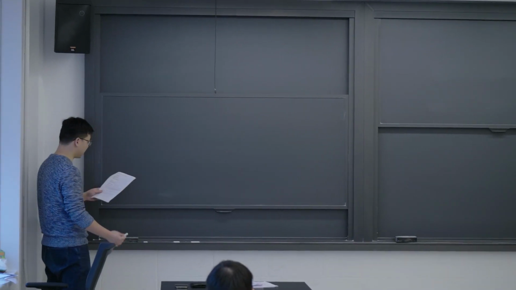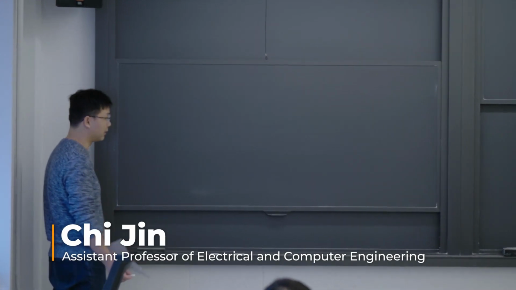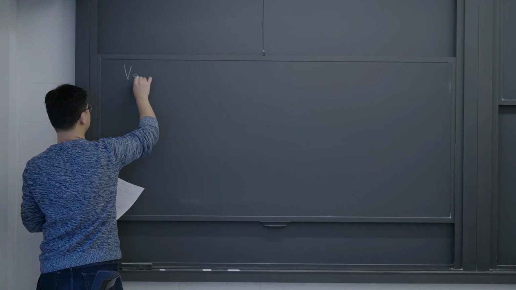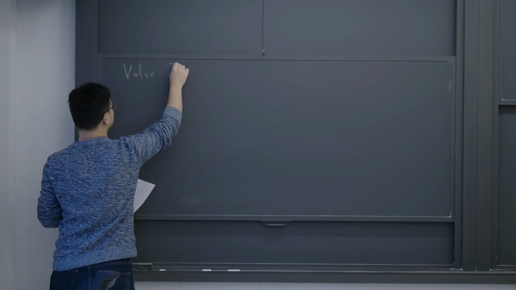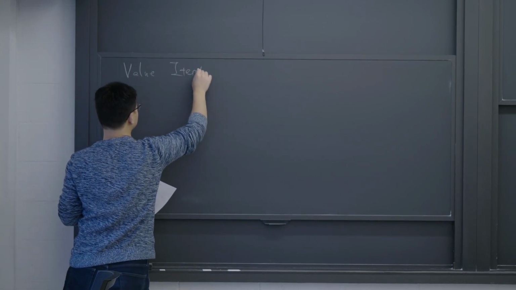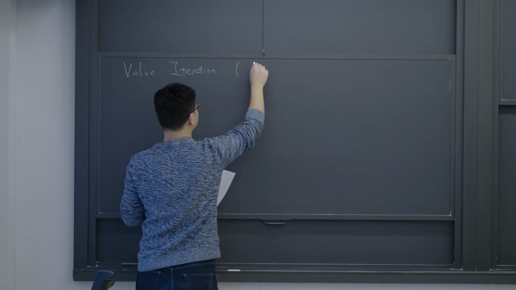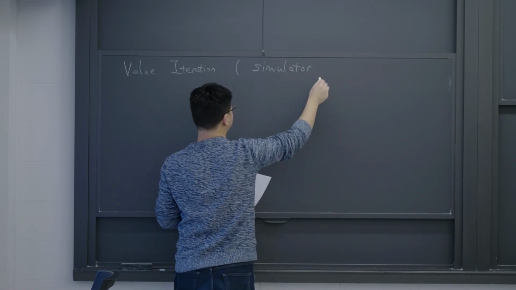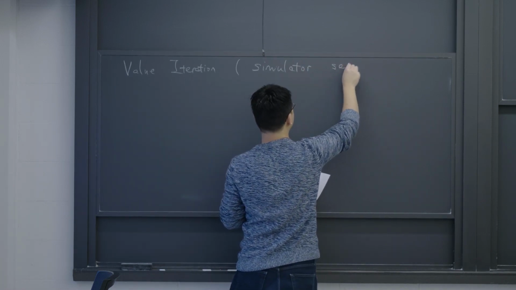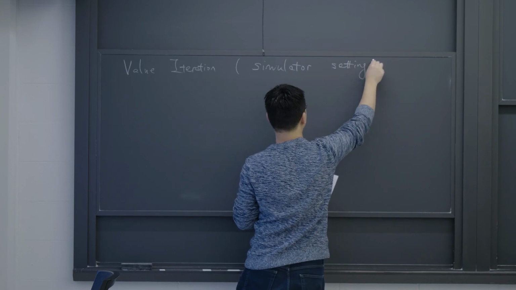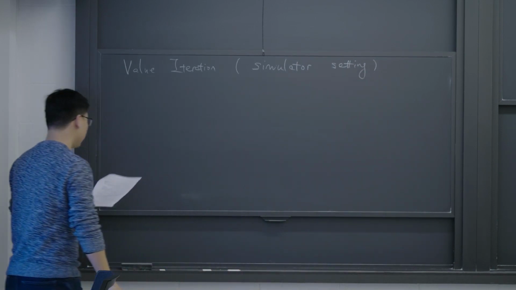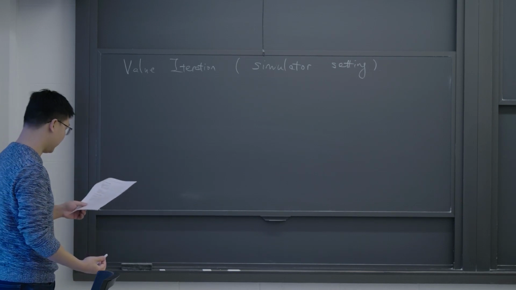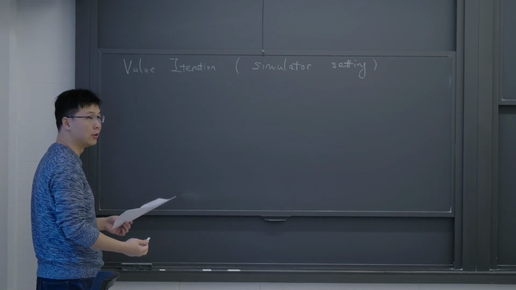So last Thursday, we ended with the value iteration algorithm in a simulator setting. Let me just recap what the algorithm is. This is the simulator setting, or we also call this the generative model. We have already talked about the value iteration algorithm in the planning task, where we know the transition